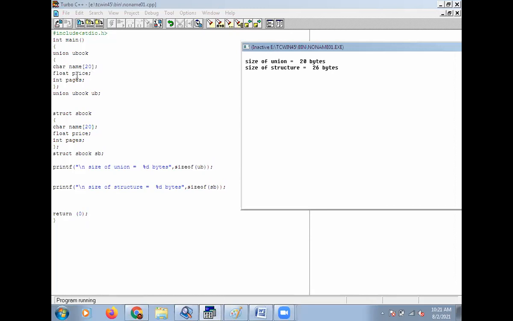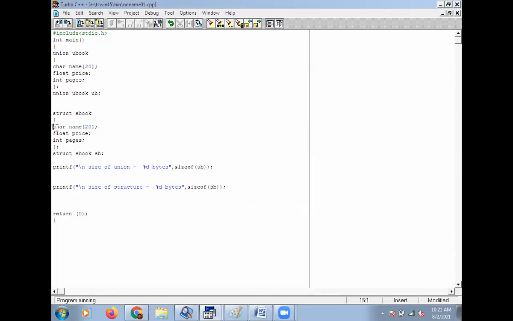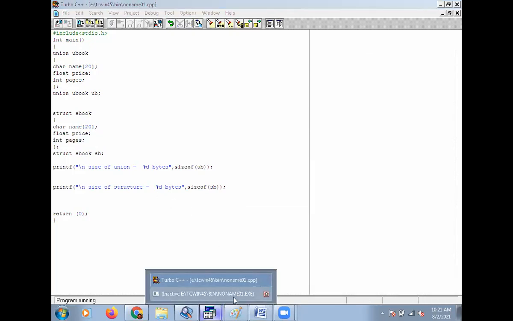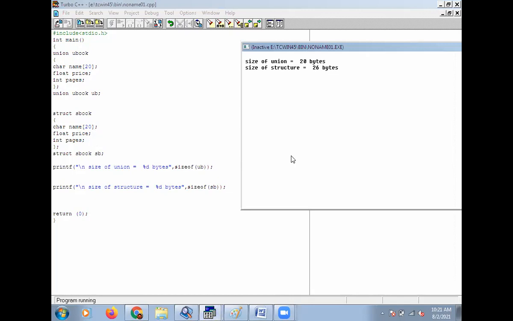Float has 4 bytes, integer has 2 bytes. So the highest data type is character, so the allocated memory size is only 20. But in case of structure, this is 20 plus 4 plus 2, that is 26. See here the program plus output.